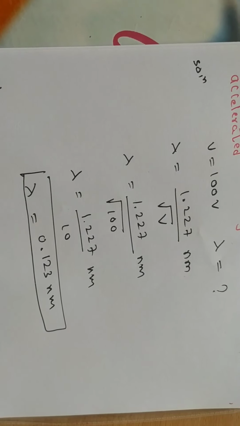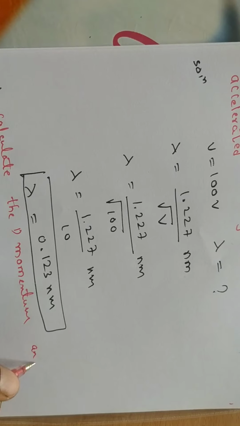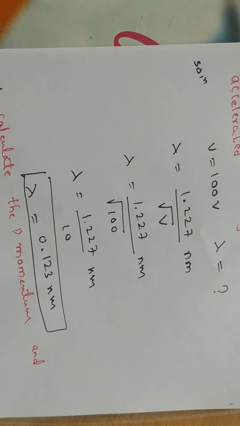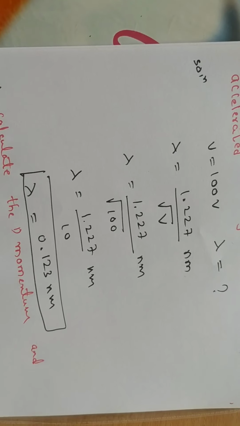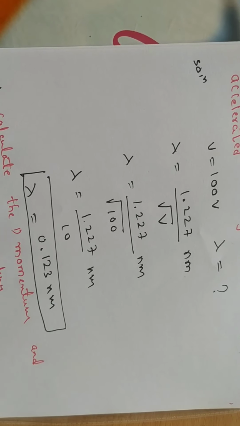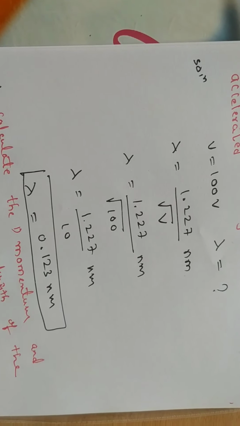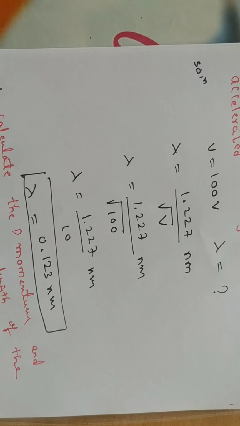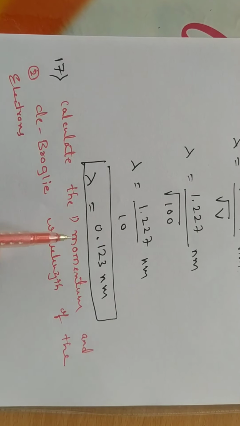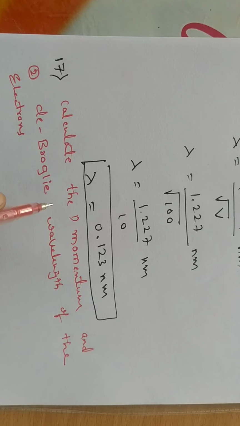Calculate the momentum. Calculate the first one, momentum, and the second one, de Broglie wavelength of the electrons also accelerated through